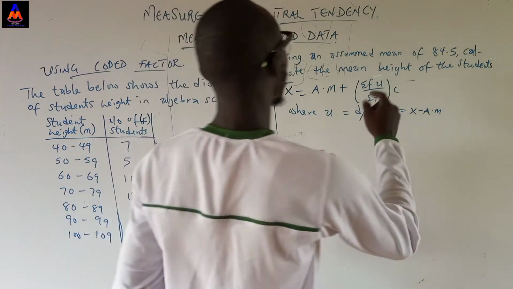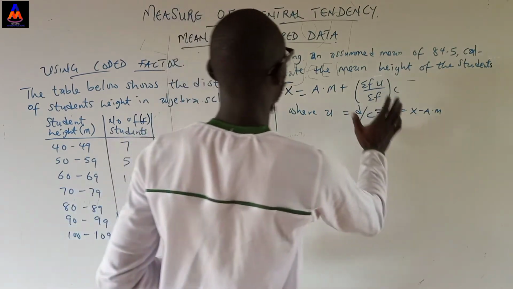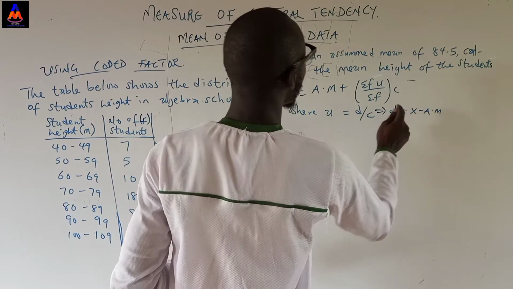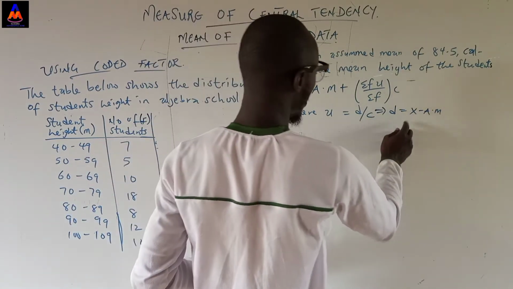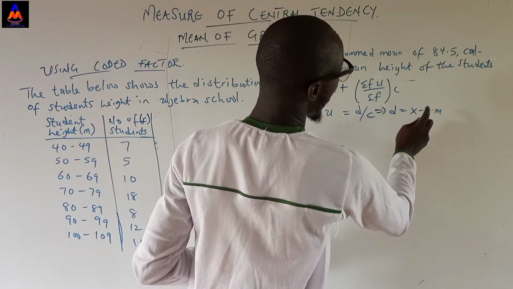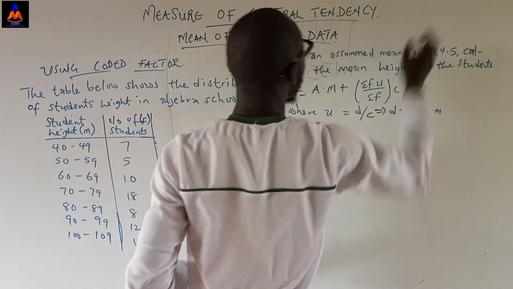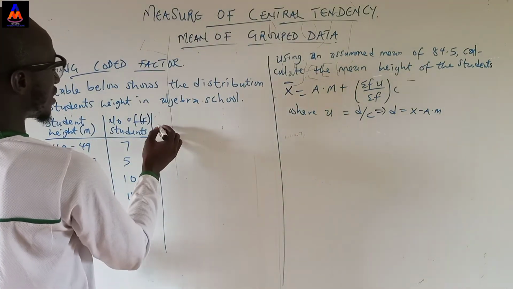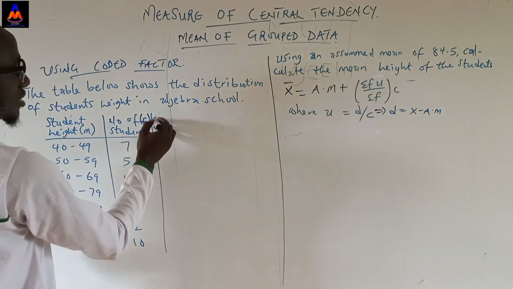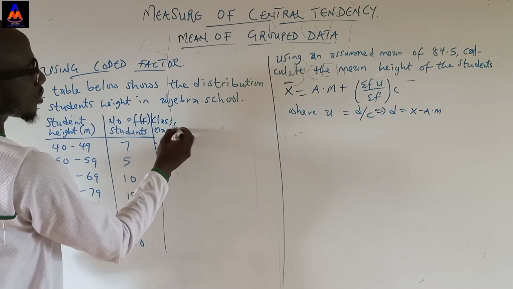So in that case, it means that you have to find the mean of a set of data using the coded factor formula, which we said is faster. You must know how to deal with it. You must know how to find mean using mean deviation. That was why we dealt with mean deviation in our previous slide. So we have to get our x, the difference between our data and the assumed mean that is given to us. Then the deviation, before we can find that, we have to find our class mark, because in this case, this is a group data. So class mark is your x,